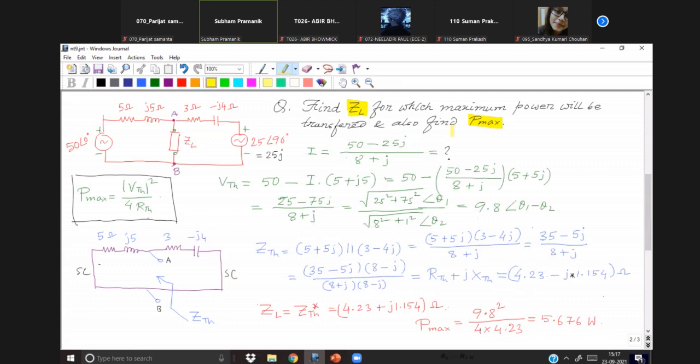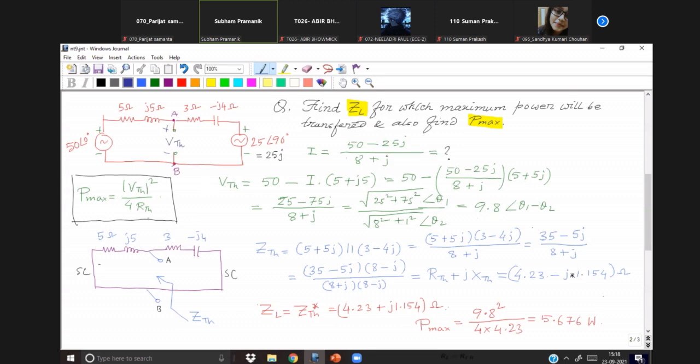So then what's the procedure? You can see that this is not a simple circuit with a single loop. So obviously the corresponding Thevenized form is required. First we identify the load here, ZL, and it is removed. The load is removed. So then how to find the Thevenin equivalent voltage? That voltage VTH is present in between these A and B, right?